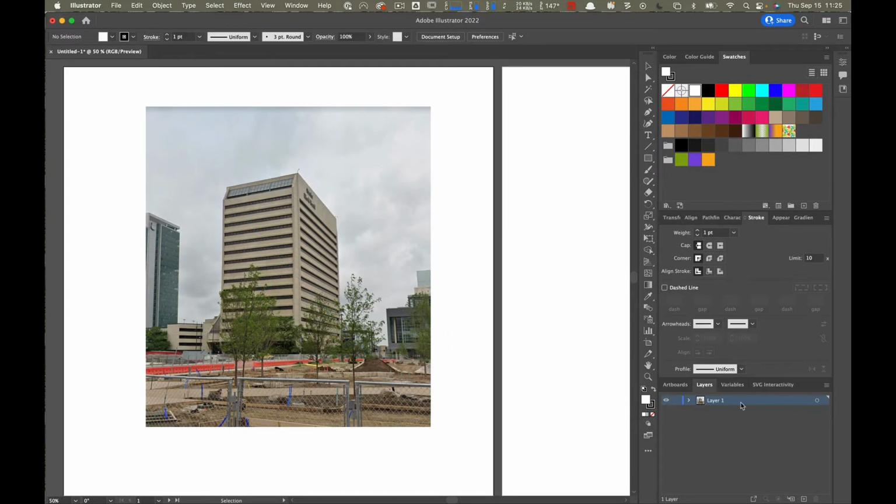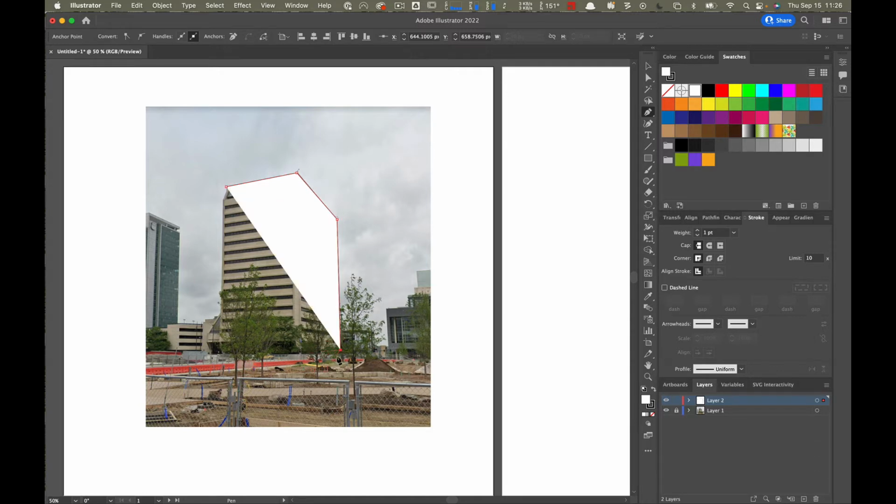But if you lock it, just make a new layer above it. Grab this one and lock it. On that new layer, you could simply take a pen tool and do the outline.